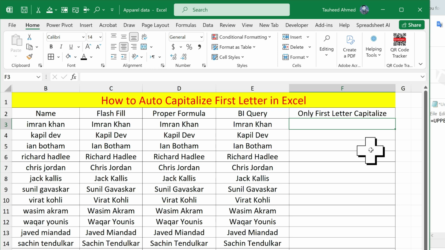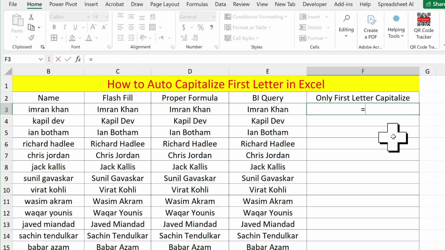So in the fourth method, if you want to capitalize only the first letter, then you need to put this formula. Put the equal sign, type the UPPER function and open the bracket, type LEFT and open the bracket, select the cells, comma, type 1, close the bracket, close the UPPER function and give the space bar, put the ampersand, give the space, type LOWER